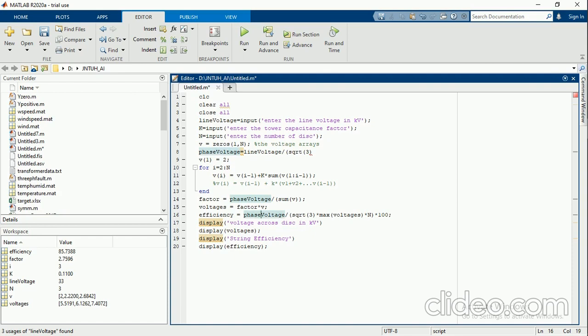Here there is no need for the square root of 3, but they need a factor multiplication because we have to calculate the sum, and from that sum we calculate this. So again I'm running the code. Initially itself I'm converting this line voltage into phase voltages.